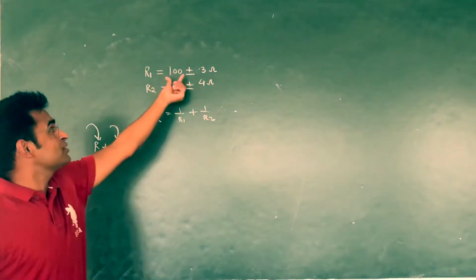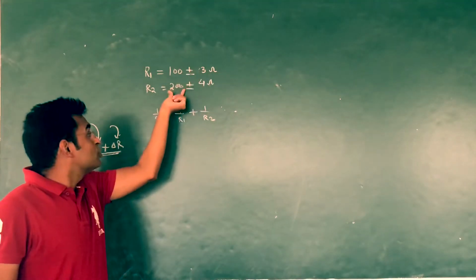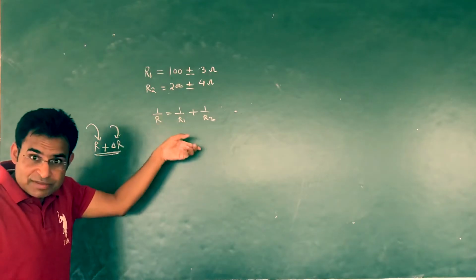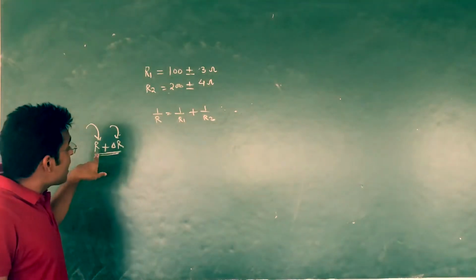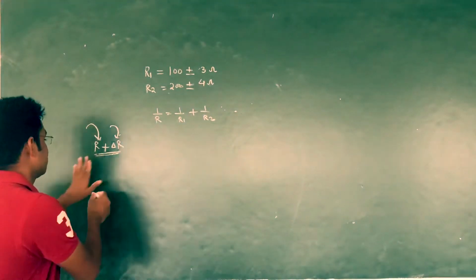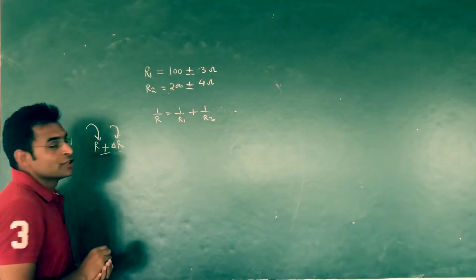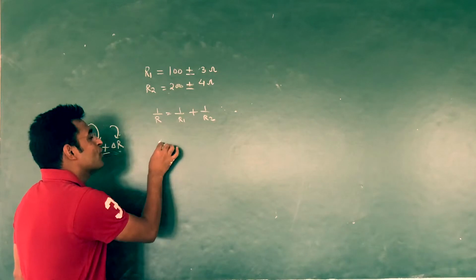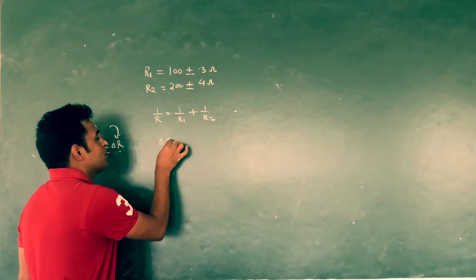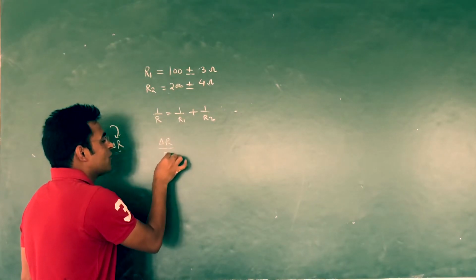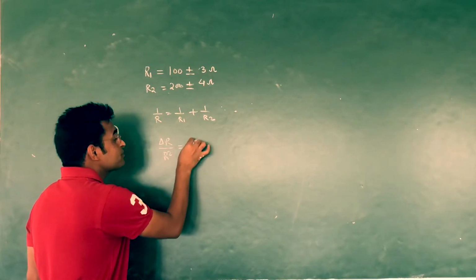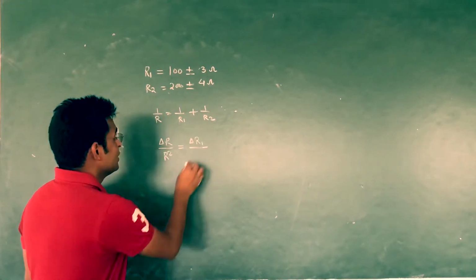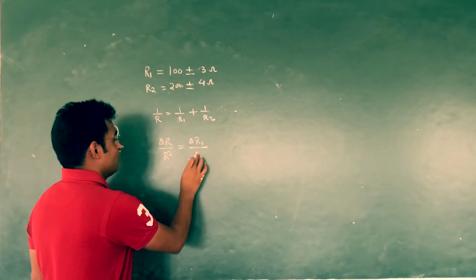If you see R1, so this is R1 plus error, this one is R2 plus error. So here after calculating using this formula they are asking what will be R plus error. Plus minus, obviously error can be plus and minus. So using this formula we can calculate R, and there is one more formula in question itself, it will be given. Otherwise we can find out this formula using integration. So right now in starting onwards we don't know integration, that's why we are using this formula.